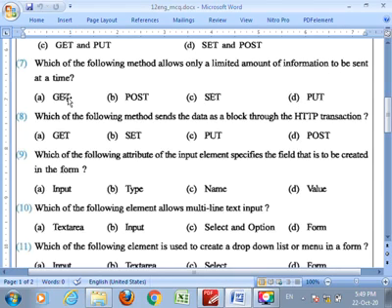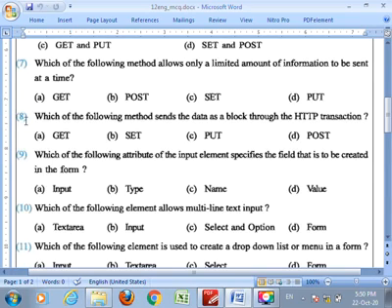It means get. If you want to send limited data or limited information, at that time you use the get method. And if you want to send huge data in a block of form, it means a block through the HTTP transaction, you use the post method.